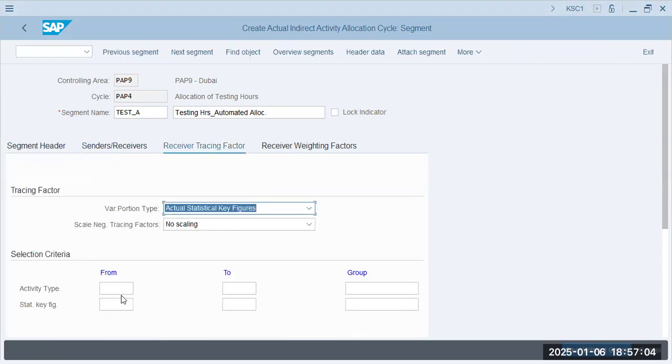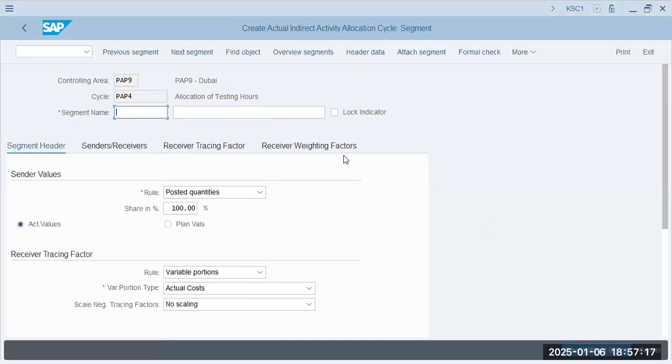Receiver tracing factor will be statistical key figure item, the counting of items. Attached segment, okay. Test M,